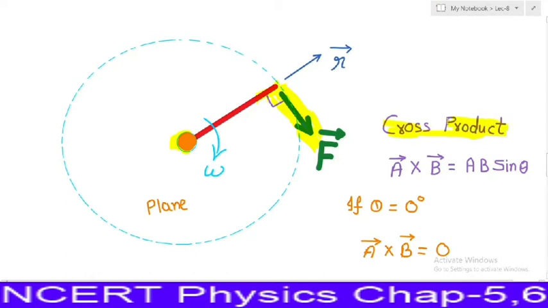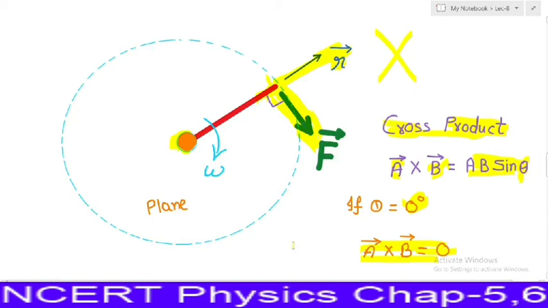Suppose I apply a force in the direction of the rod itself. Will this rod rotate? No. If we apply a force along this line, which is the line of the rod, then this rod will never rotate. And the same thing the cross product also says. As the cross product A cross B is equal to AB sine theta, if theta is 0 degrees or 180 degrees, then the cross product would be 0. So the cross product will give the maximum value when the angle between the vectors is 90 degrees. So now it is very much clear why we use two types of products, that is the dot product and the cross product.